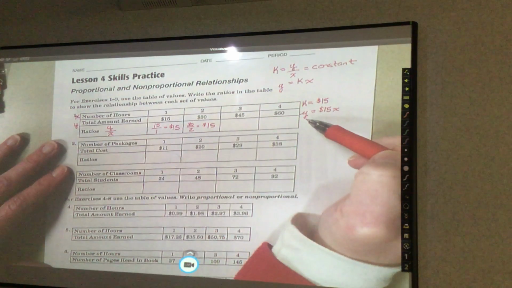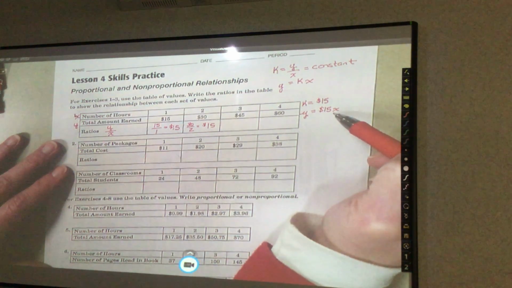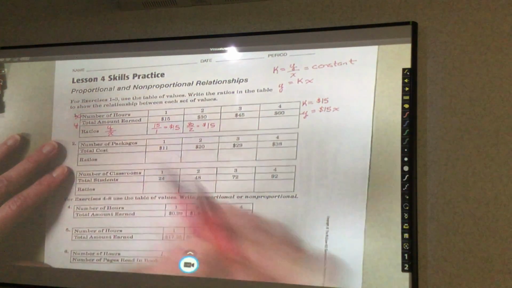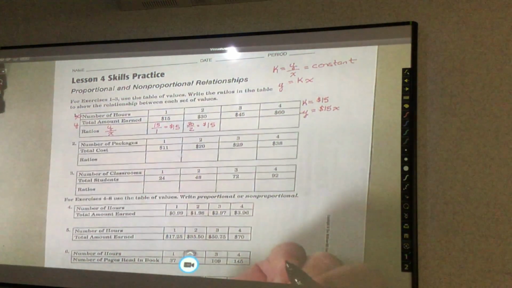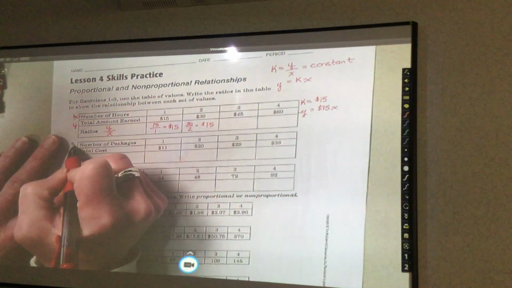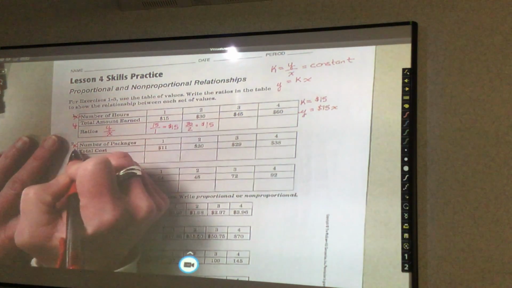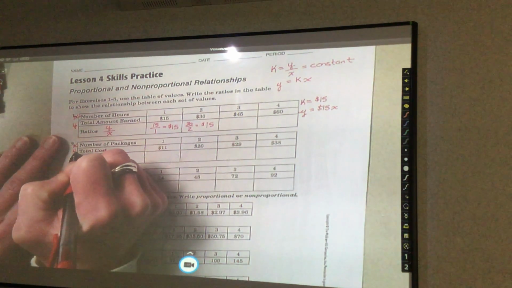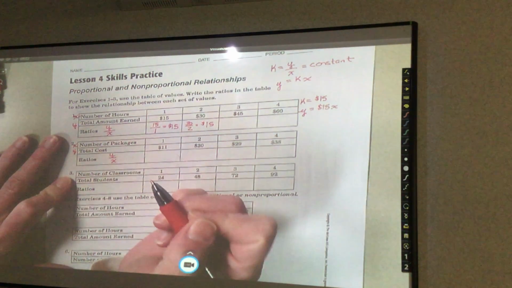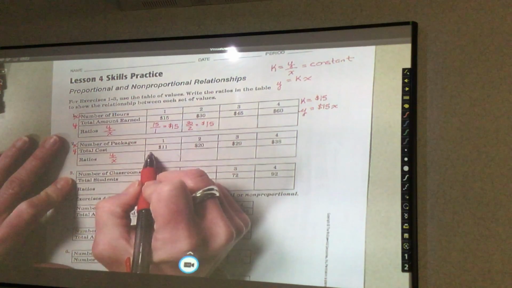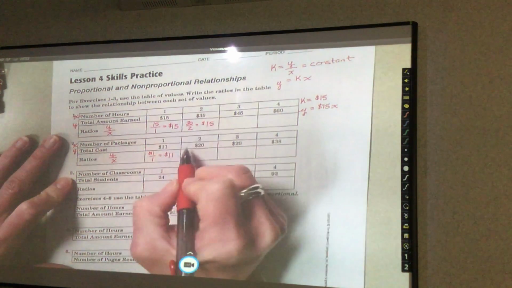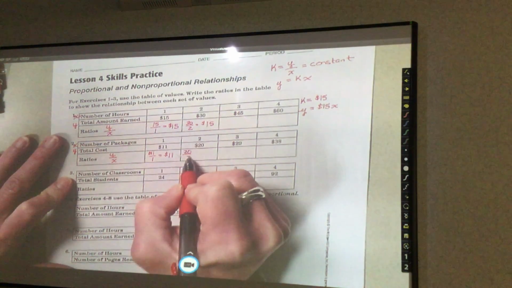So y would be my total cost equals $15 times the number of hours, because x is my number of hours. So we have number of packages to the total cost. So the number of packages is my x, total cost is my y. To write the ratio, I need to write it y over x. So then I have $11 over 1 is $11. $20 over 2 is,